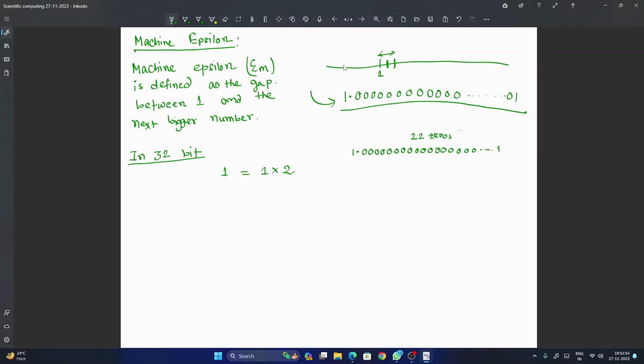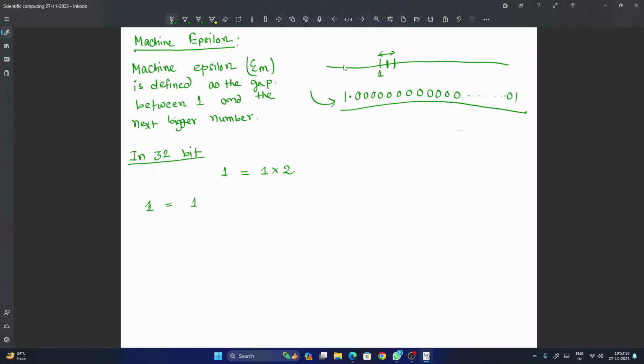And after that you will get 1, not 0. In total there are 23 zeros here, because in the 32-bit system we save a 23-bit mantissa, and in the 23-bit mantissa we save what comes after the point, starting from that 0. So in the 1 it saves all the zeros, so a total of 23 zeros are there. If we write it, it will be better: 23 number of 0. That means 1 actually looks like